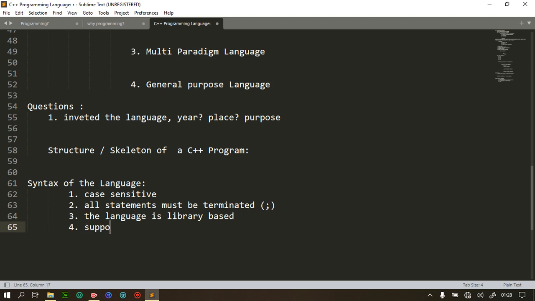Then the language supports comments. We shall know what comments are along the way, but these are of two types. We have what we call single line comments, and we have what we call multi-line comments. Okay, so we are still under the rules or syntactical guidelines of the language. It supports comments. Then applications or source codes